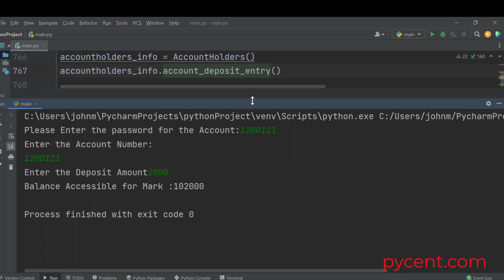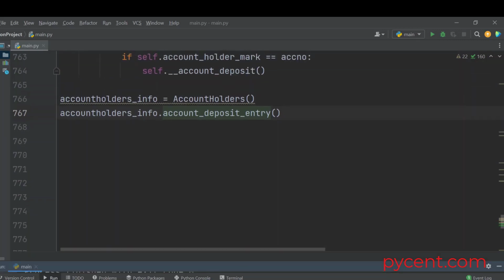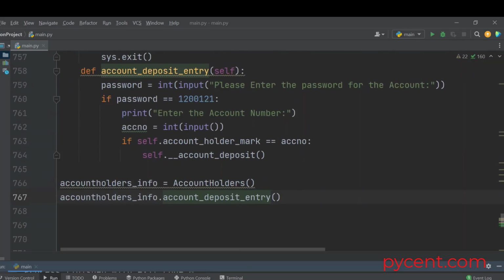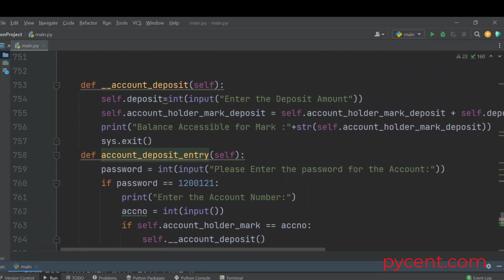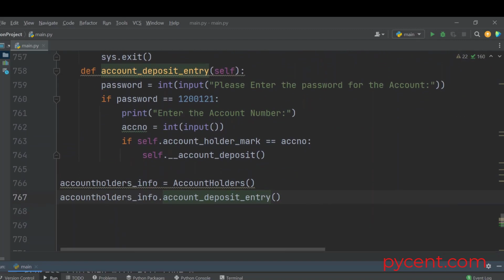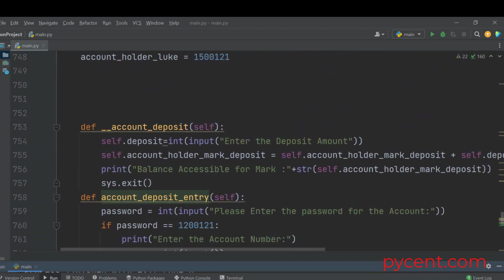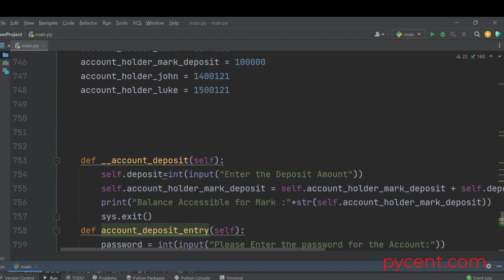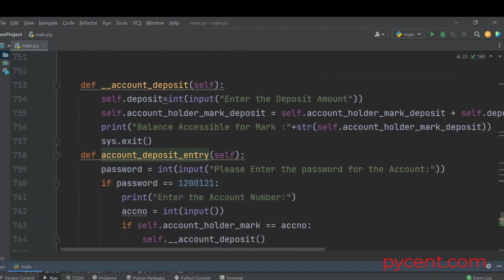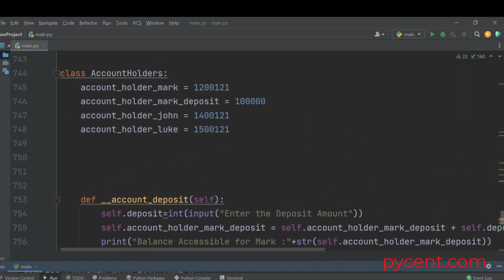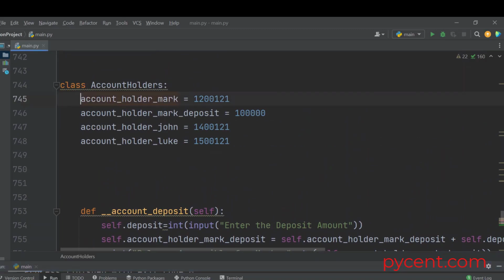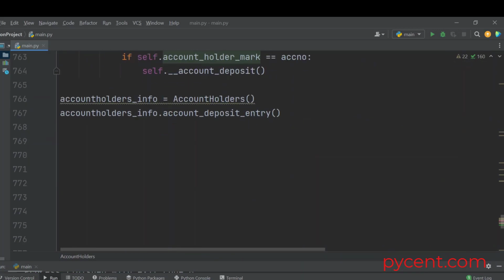So the idea in this case is, just by creating an object, we wouldn't be able to access the sensitive information, or we can't even pass the data here except for what we allow. So this is a clear example of encapsulation. Now we can go a step further. Now, as of now, if I want to access the account holder Mark's information, I can very well do it